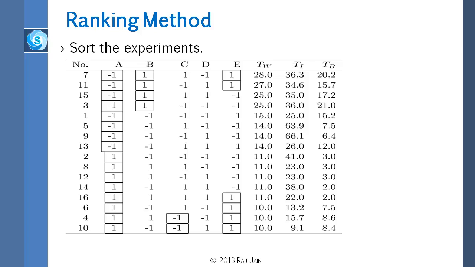And if somebody just wanted one design, then obviously this is the best design, the top design, in which case you will use C equal to 1 and D equal to -1 as well. Although those will make very little difference in the overall, because between that C equal to -1 and D equal to +1, just the opposite, the difference is only 1. So with the ranking method, you not only get the best experiment, but you also get general